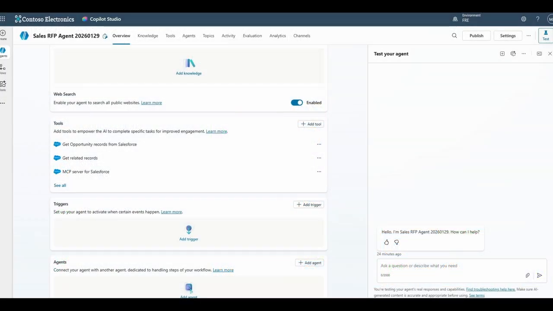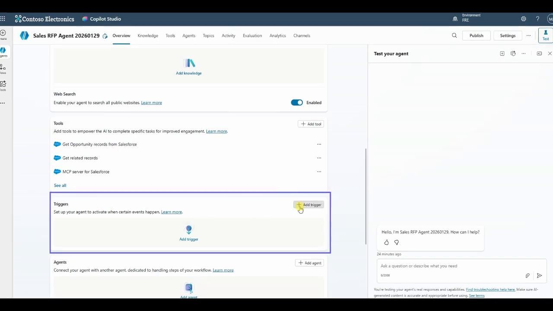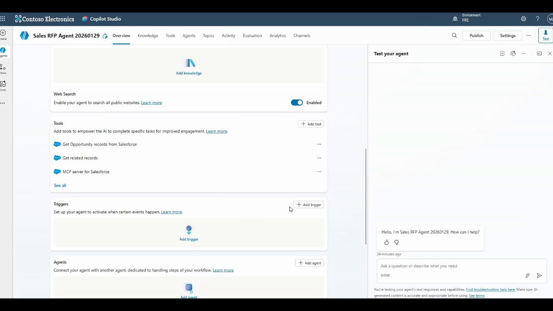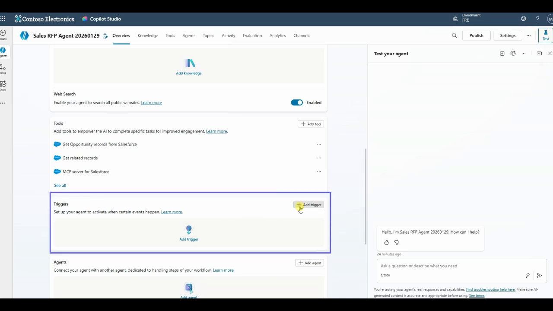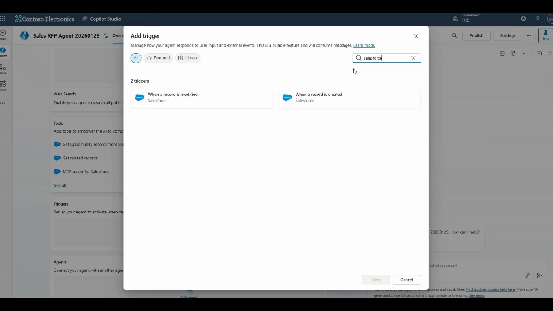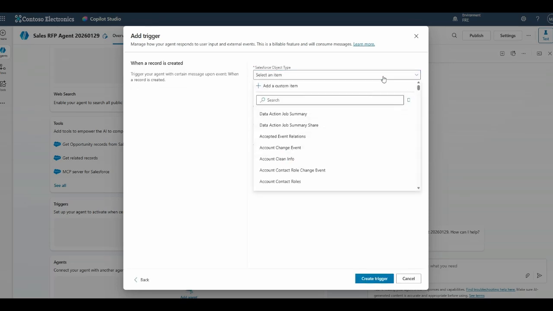In this final demo, I'm going to show you how autonomous agents can help us create an RFP for vendors based on triggers from Salesforce into our RFP agent. So I'm going to start by adding a trigger. As you can see here, I can hit the Add Trigger button. That'll open us up to all the Power Platform connectors that we've seen in the past, including the Salesforce connectors we've worked with before. So we're going to go with, when a record is created, we're going to trigger off an opportunity and see what we can do to notify our seller that a new opportunity has been created in the system,